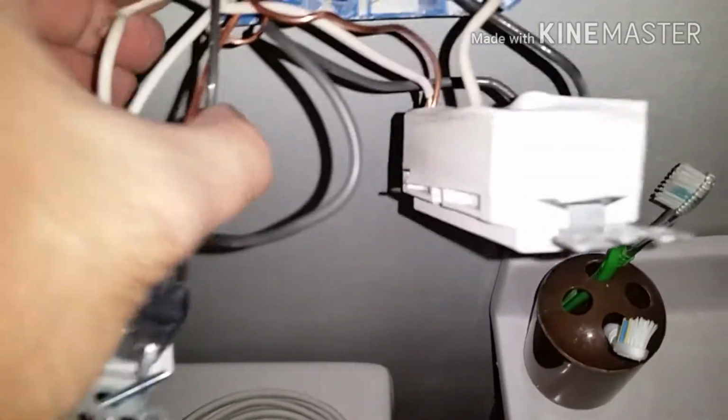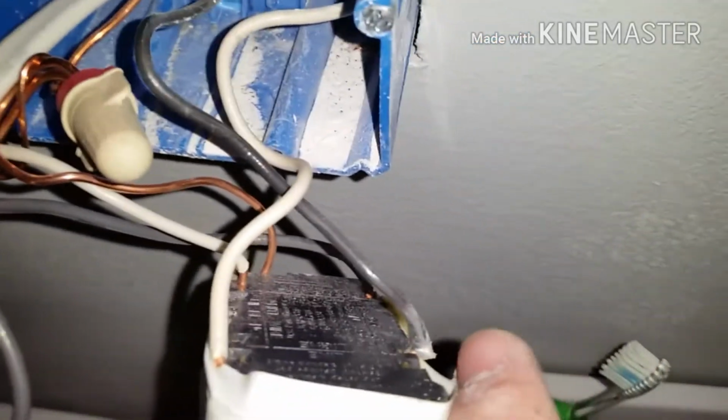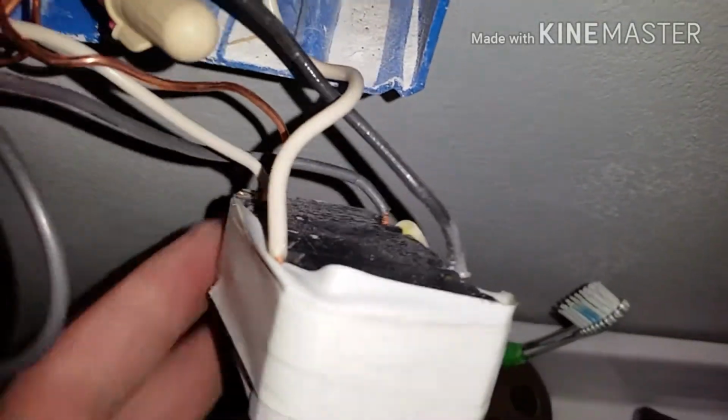Okay, so wiring onto the receptacle that already has power is pretty easy. If you only have one receptacle, what you do, so you can see my power source coming in here, make sure that, well, it depends upon a couple things. Since I have a 3 series, it's a little different if you're only doing 2. If your top ones, you screw them into the top, black is always on the right, white is on the left. Of course, your ground is always pretty easy to find. So anyways, you screw them into the top, and then you have your 2 bottom ones that connect in,